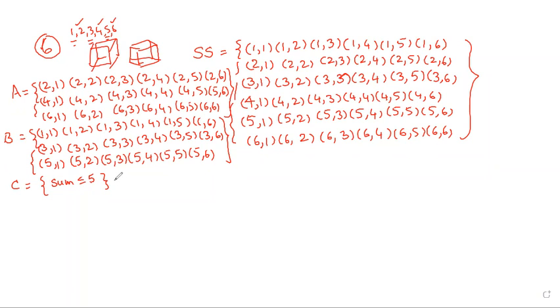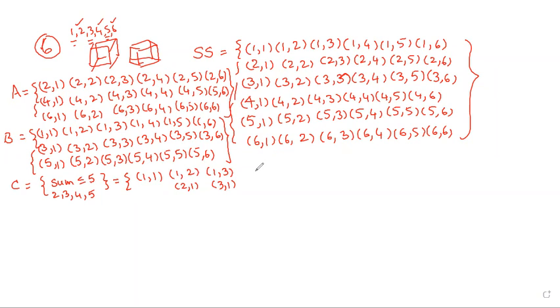So less than or equal to 5 means 2 sum is required, 3 sum is required, 4 sum is required, and 5 sum is required. Right. 2 sum means (1,1) is completed. Everyone see (1,1)? Is it clear? Next, 3 sum is (1,2), immediately reverse (2,1), and 3 sum is completed. 4 sum is (1,3), reverse (3,1).